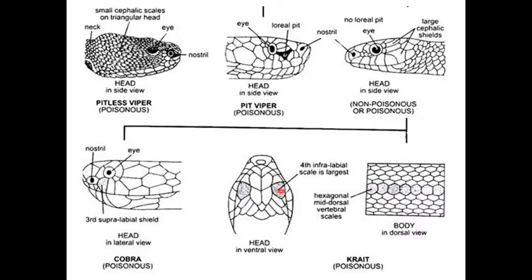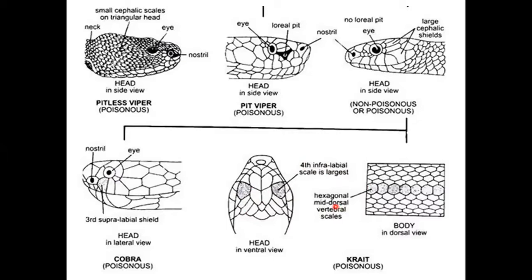It is the largest one. This is the shaded one. Both are present on the ventrolateral side. And if both these characters, the fourth infralabial scale and the hexagonal mid-dorsal scales, are present, then